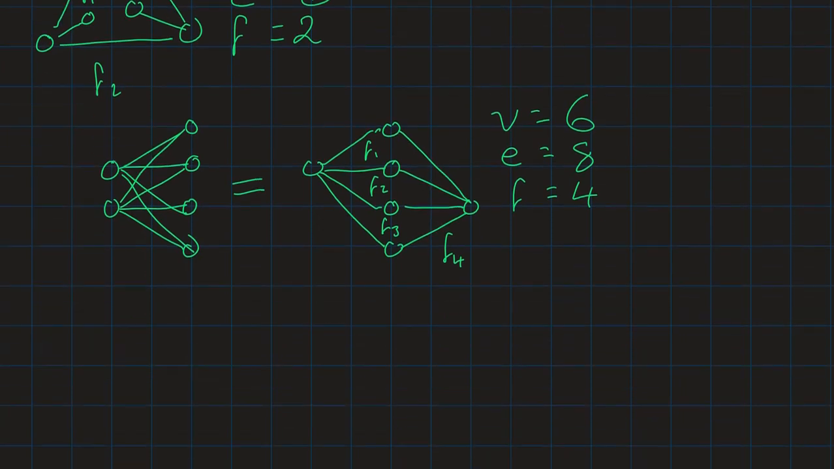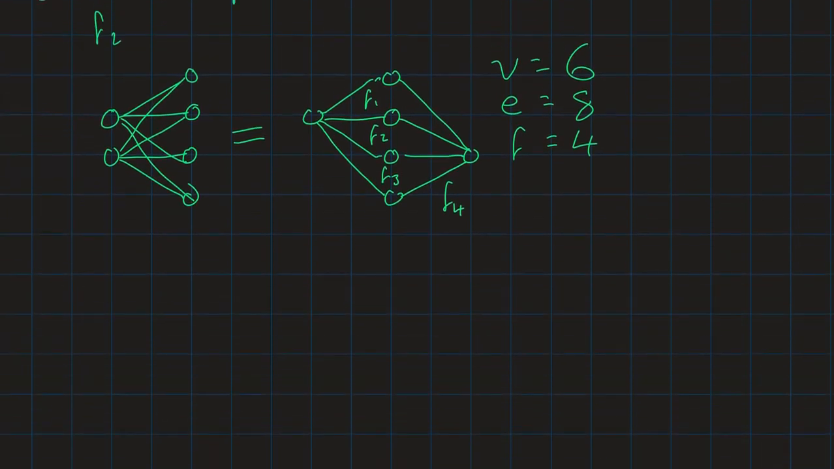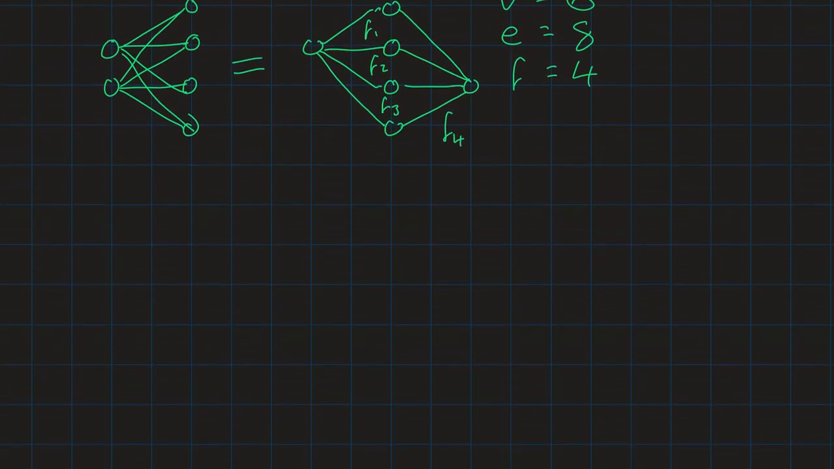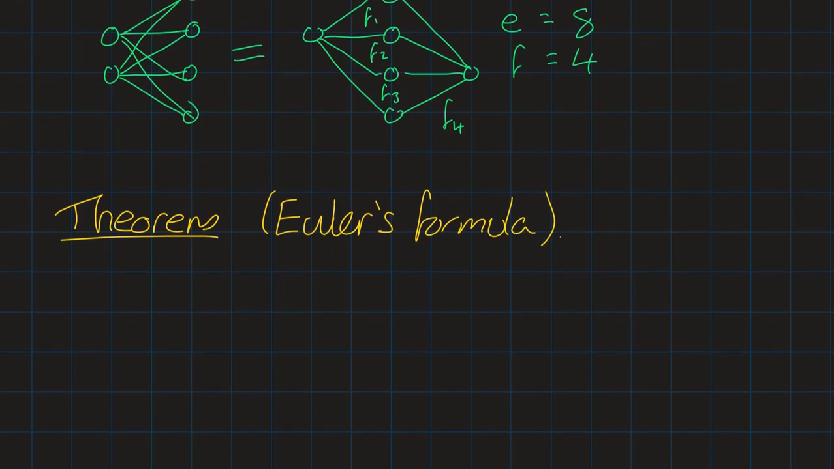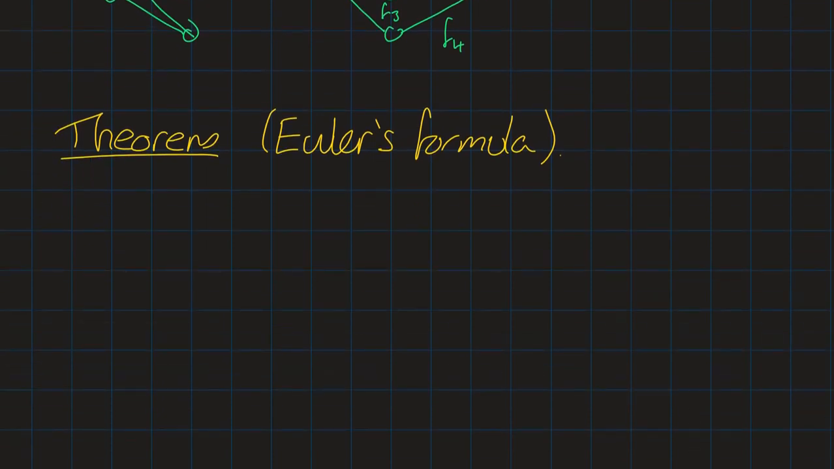So I want to now talk about a theorem involving these numbers, involving V, E, and F. And this is a very important theorem, and it's kind of a cool theorem as well. It's called Euler's formula. Same Euler who has Eulerian graphs and Eulerization. This same Euler has a formula, and it says if a graph G is a connected planar graph,